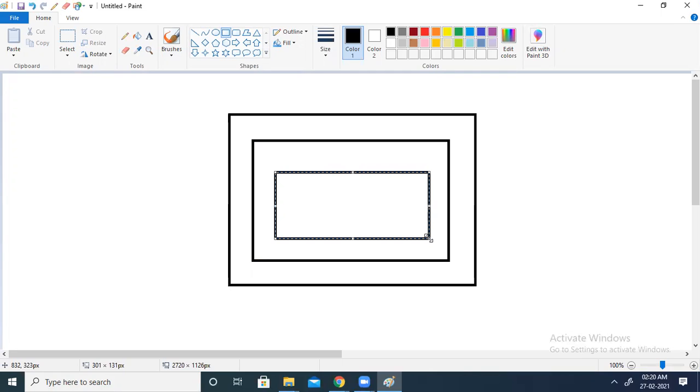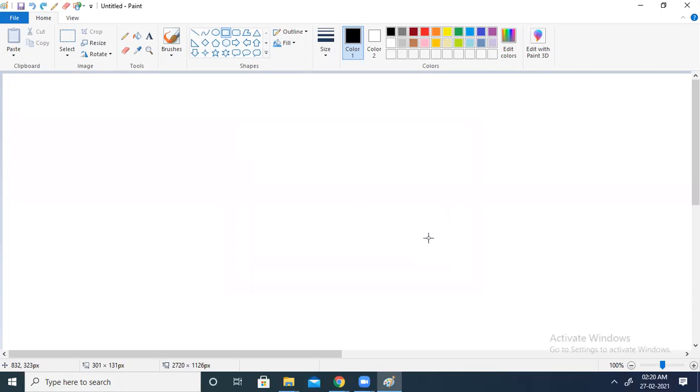Now we will see how to draw a circle. How can I draw a circle? Let's clean it. Otherwise you can go for a new document, new window where you can do the new drawing. But here I am using the same working area, so I deleted that. Now I want to draw a circle. For that I will select the oval tool from here and I will draw like this. So this is the way you can draw a circle.